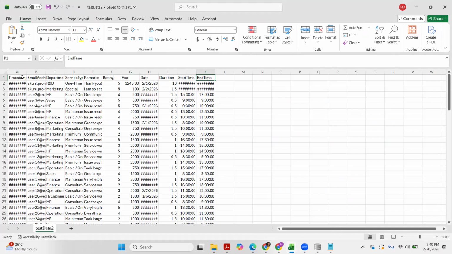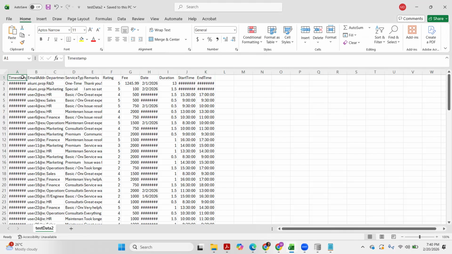Actually, the actual CSV file can be opened in places like Notepad. But Windows computers open it by default in Excel.